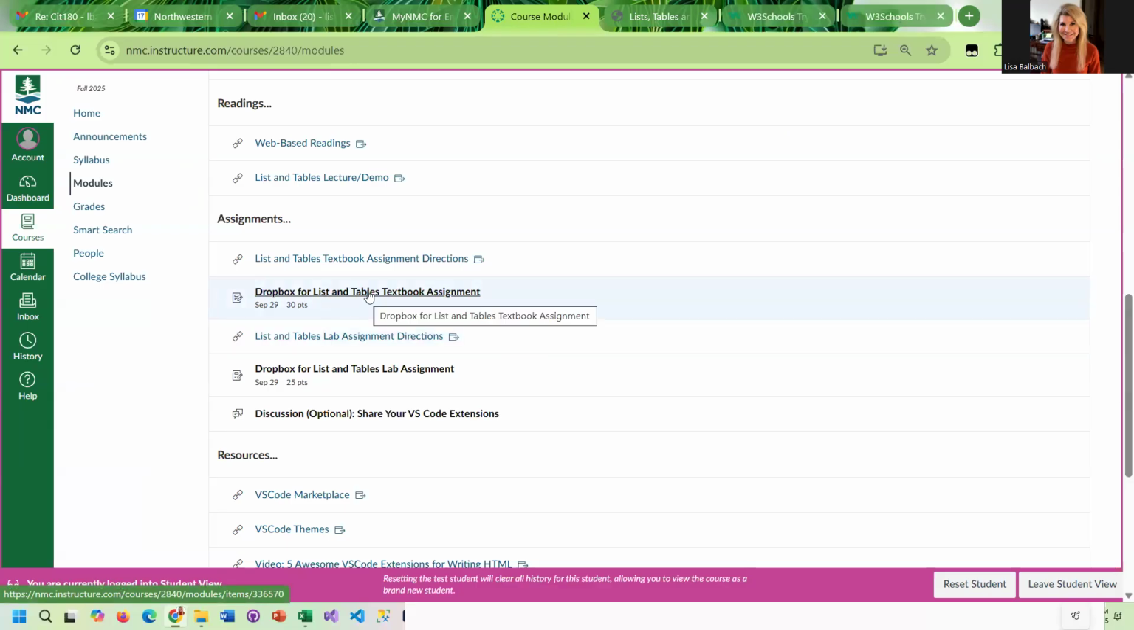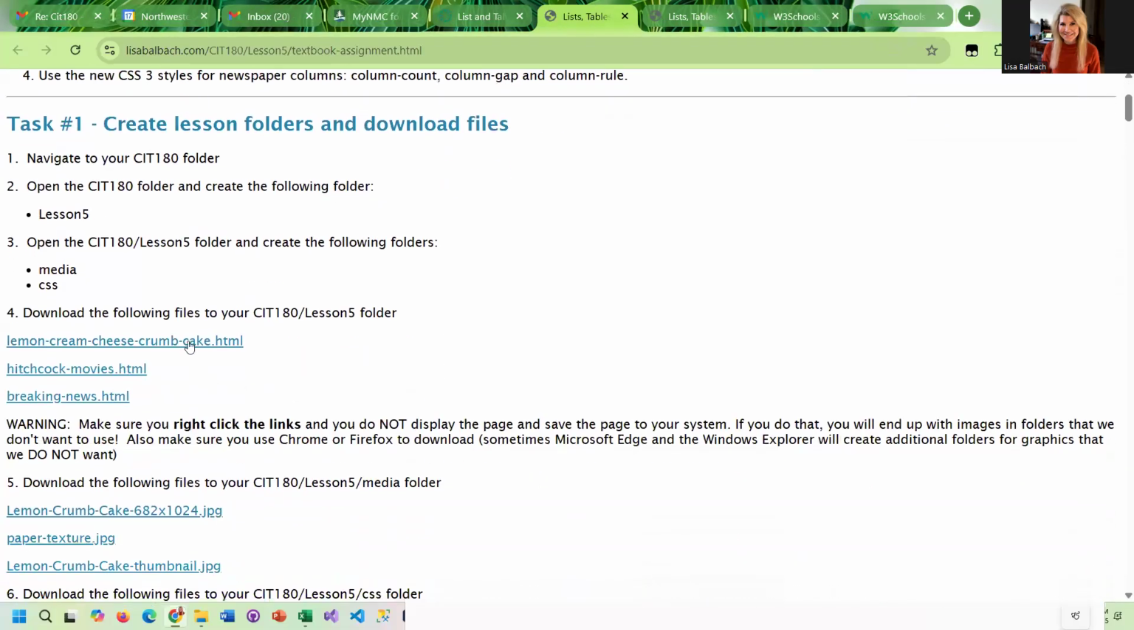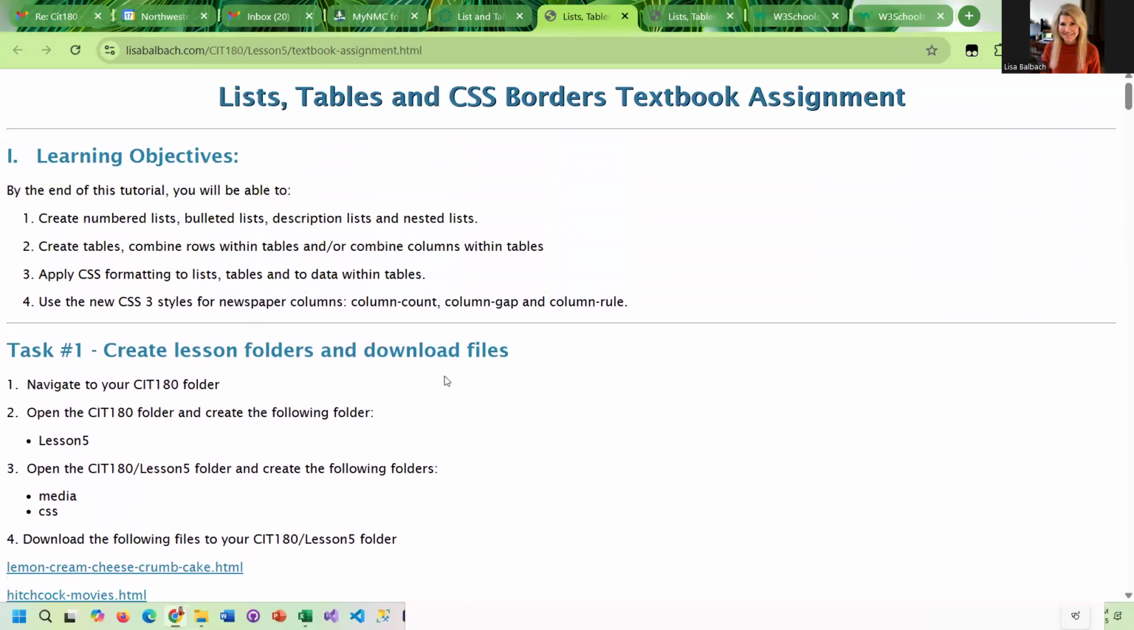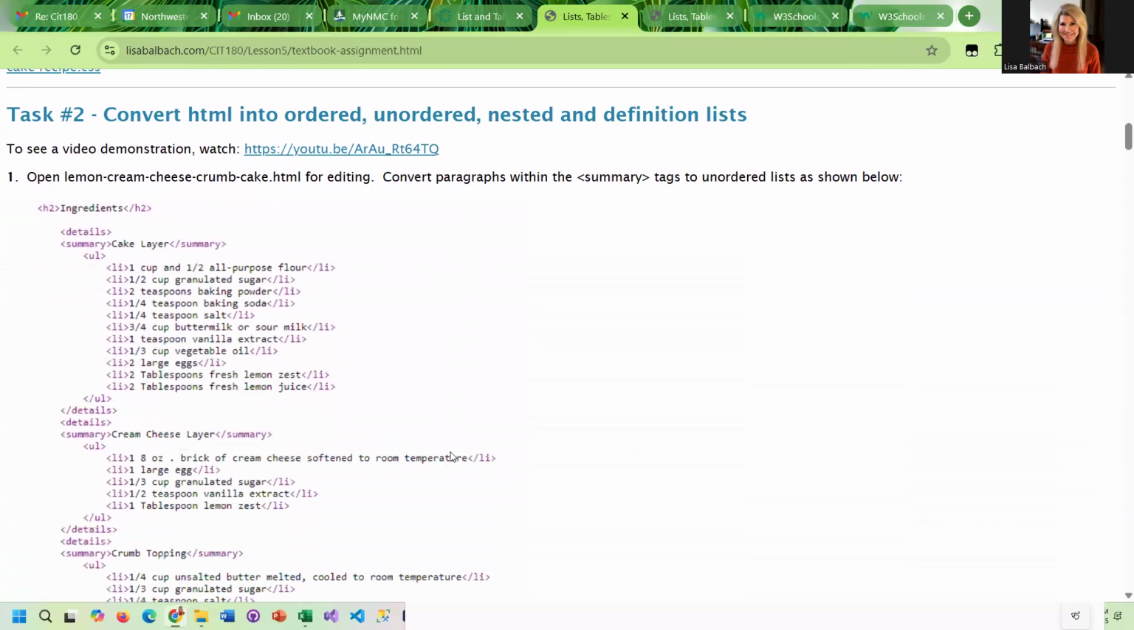And for this, the textbook assignment directions, I have files for you to download. So you're going to start by creating your lesson folder, the media folder, and the CSS folder. Okay. And then you're going to download the files. I'm even giving you an external CSS file. And then once you get everything downloaded,